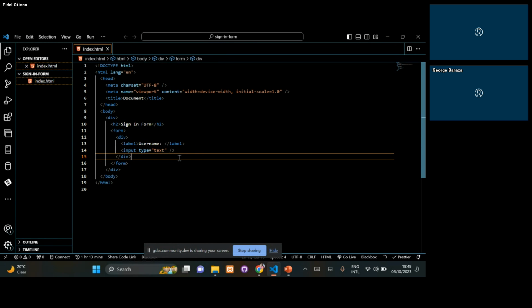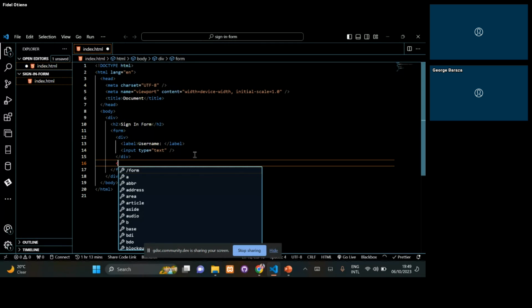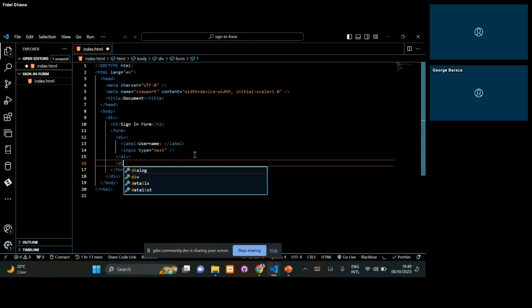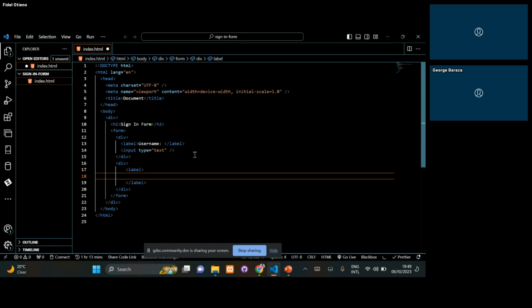So the second div container will be capturing the password and a label to describe what the input field is about. So we're going to start with the label. This label is